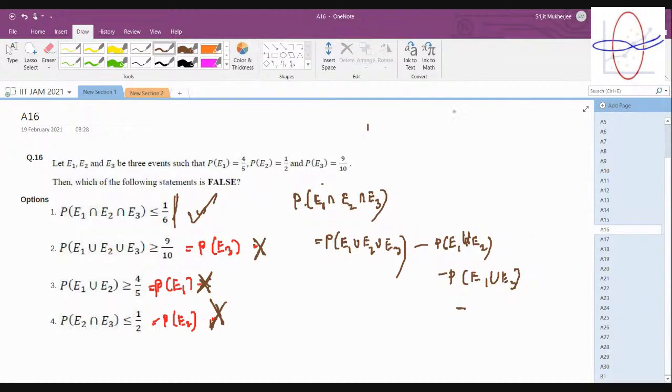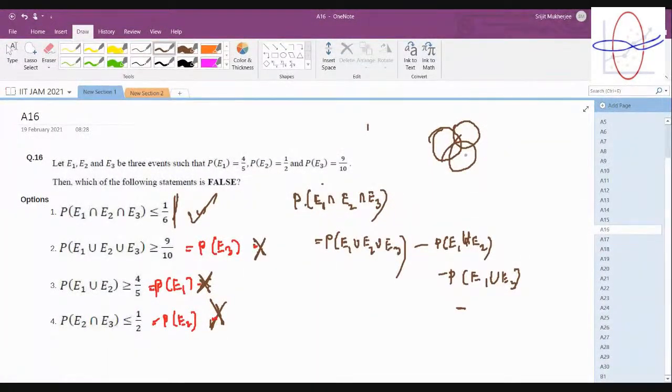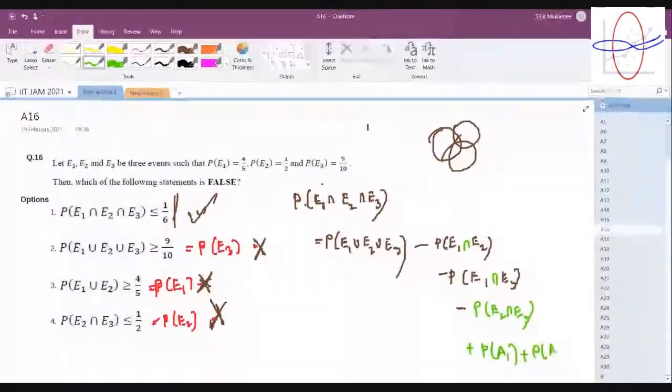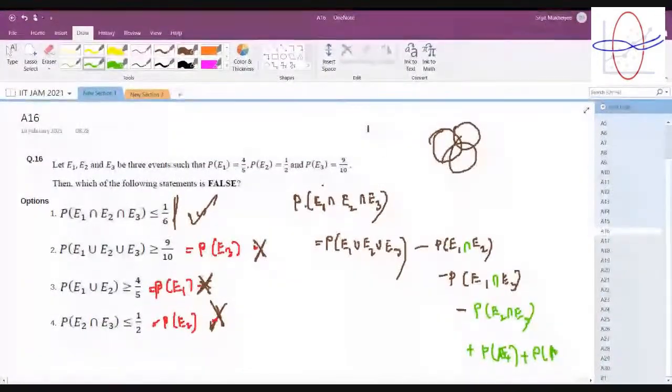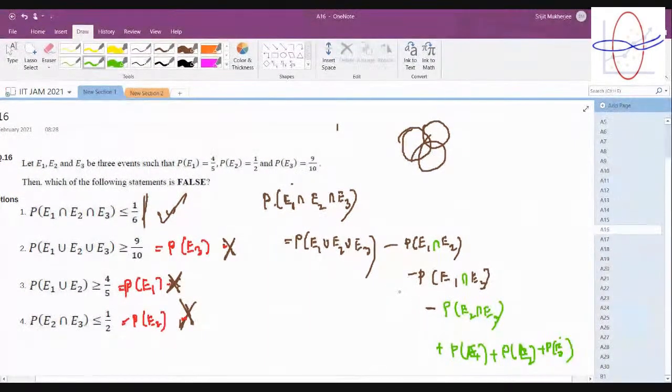Union E3. So think about that. We are sort of subtracting. This intersection is the sum of all three minus the pairwise intersections. Sorry, it's not the union, it should be the intersection. So we are subtracting these intersection parts: minus probability of E2 intersection E3, plus probability of E1, plus probability of E2, plus probability of E3. So we get this result over here, and it's equal to this. That makes a lot of sense. So what we can do over here is now